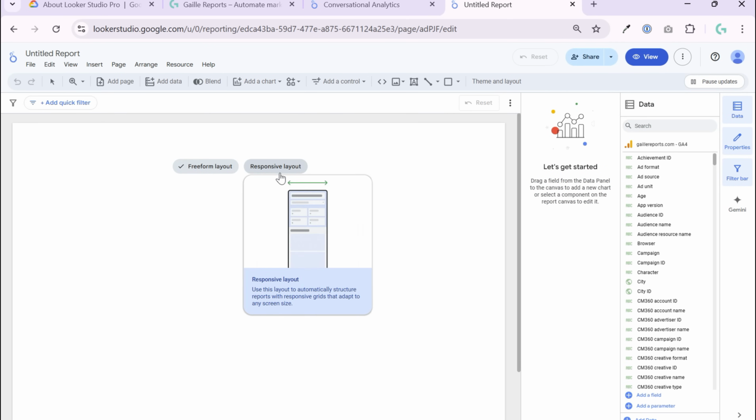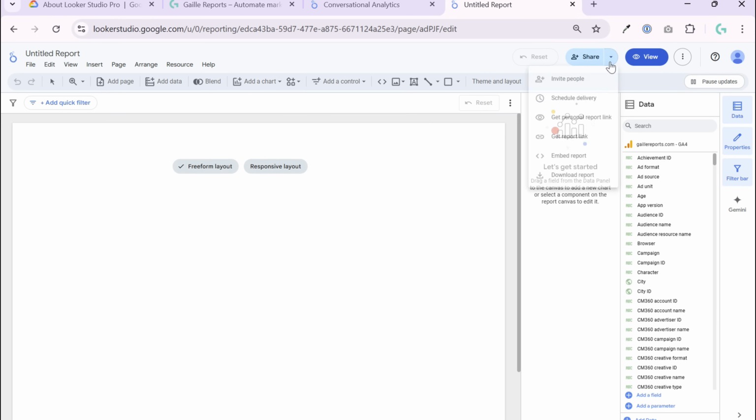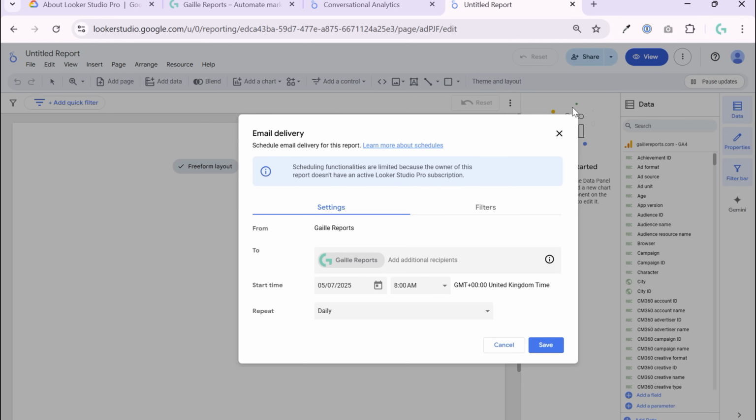Free form layout, responsive. Oh, this is okay. I will do a separate video for this. This is fun. So schedule delivery. Doesn't have an active Looker Studio Pro license. Okay. I will try to fix it, and maybe I will record a new video about Pro delivery options, because